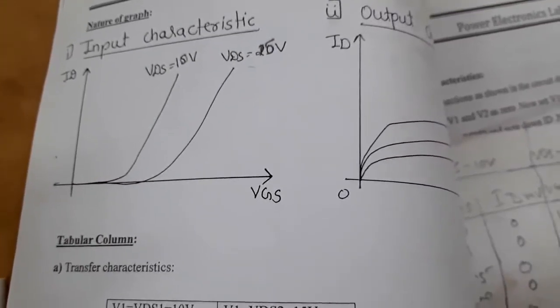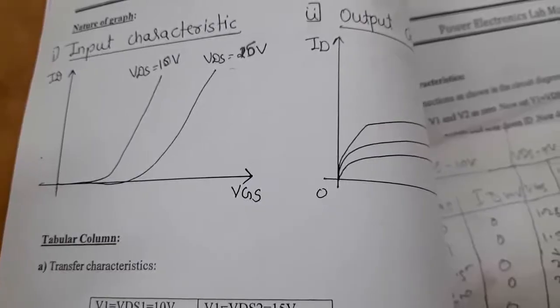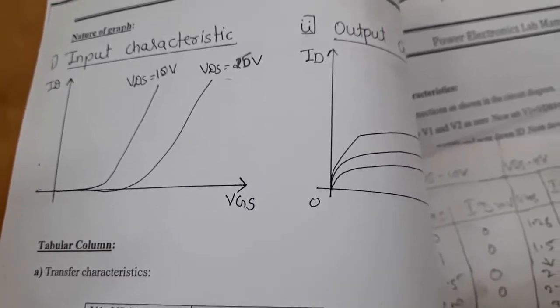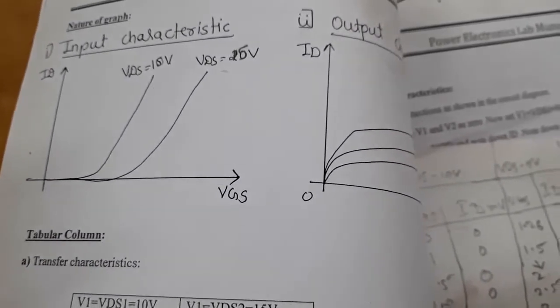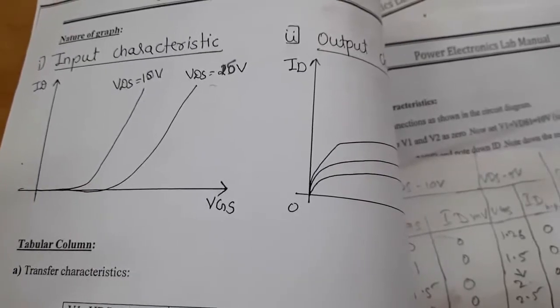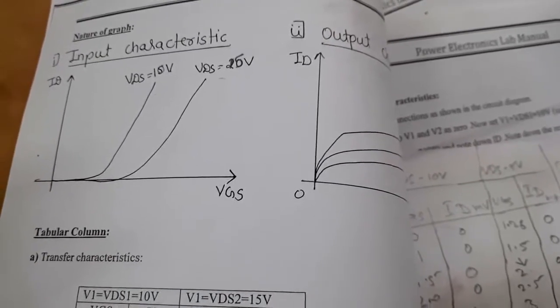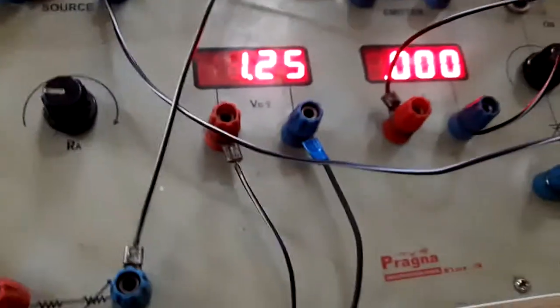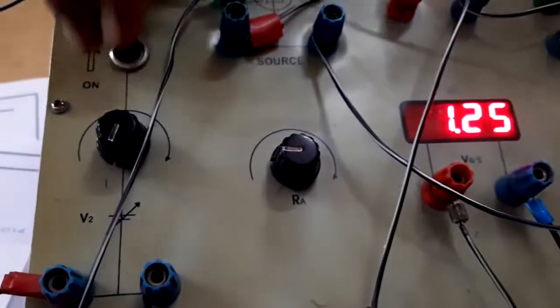Now if you just plot the graph, it would look something like here. So VGS across ID, initially there is no response up to maybe 3.3. After 3.3 there is an increase in the drain current. So that is what you will get after plotting the graph. The next thing is, now we'll switch off the VGS,